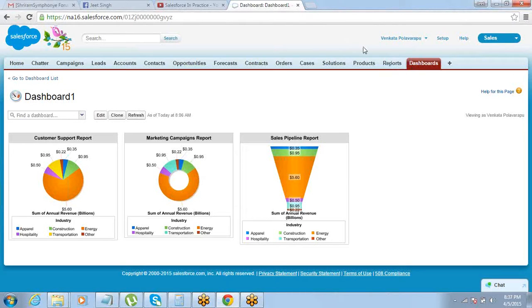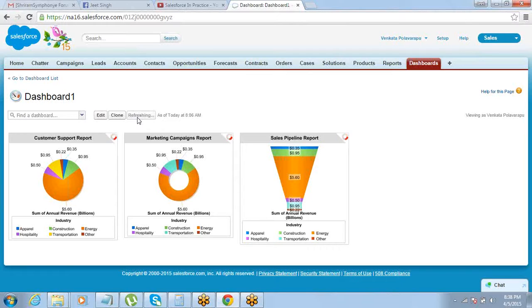Correct. So you can just click on the dashboard tab and select. Right now I just have one. If you have multiple dashboards, you can select which dashboard you want to see, and you will get to see the dashboard quickly. You can also refresh the dashboard so that if there is any change in the data in the backend, that gets updated here.